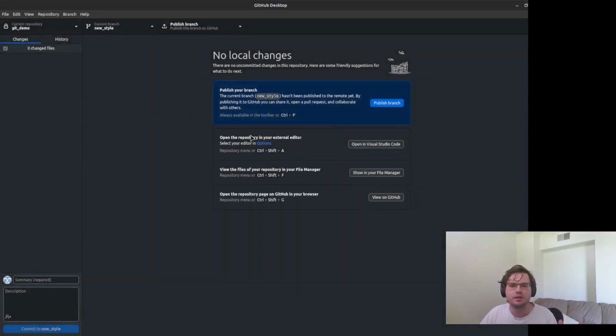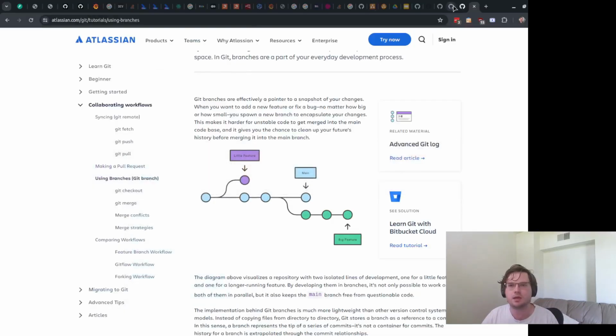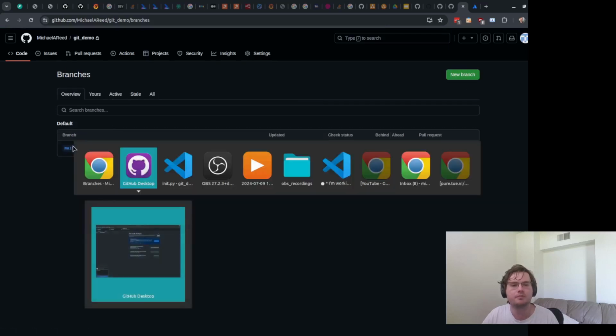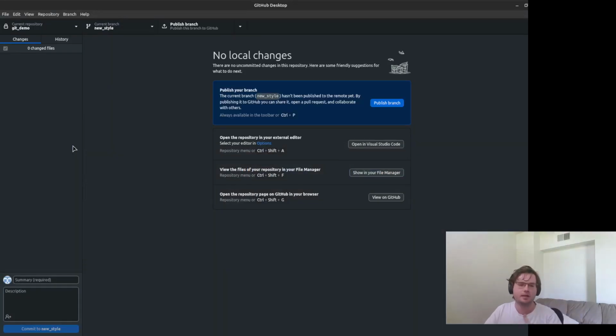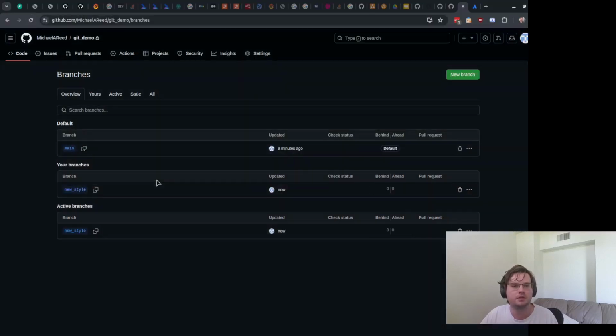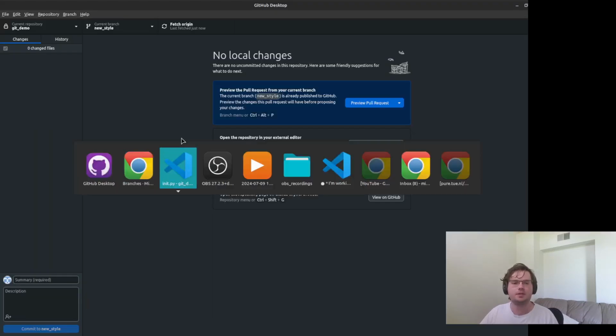So as you can see, nothing really different has changed here. The only interesting point is that this button popped up, which means that this new branch that I've created is still only local to my machine. So if someone goes onto GitHub, the website, the repo up here again, they're not going to see that this exists. There's a section here, branches, and at the moment it only has main. That's because I haven't pushed the information up, because it's similar to commits, which are states of the code. You have to push them up to the website before it has any information about that. So now that I've done that, if I refresh this, you'll see that I have a new branch, which is new style.